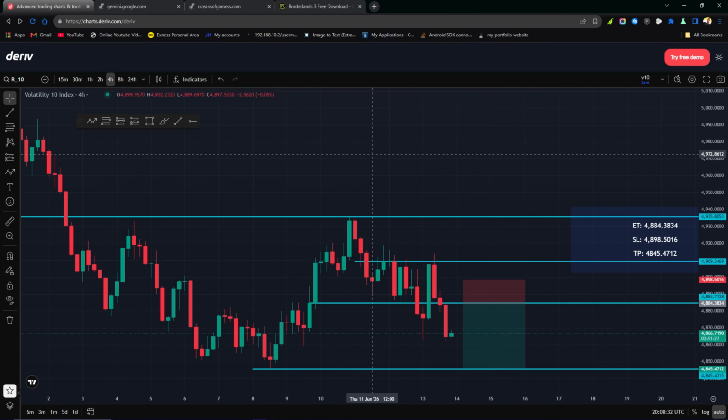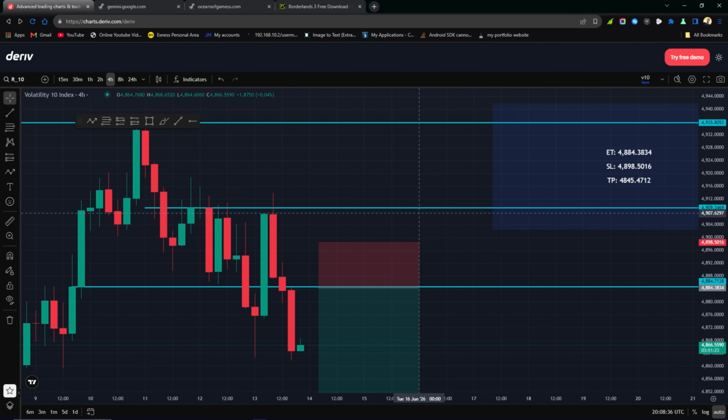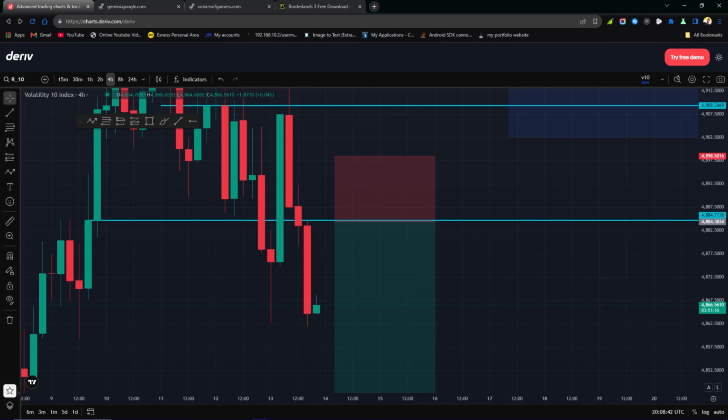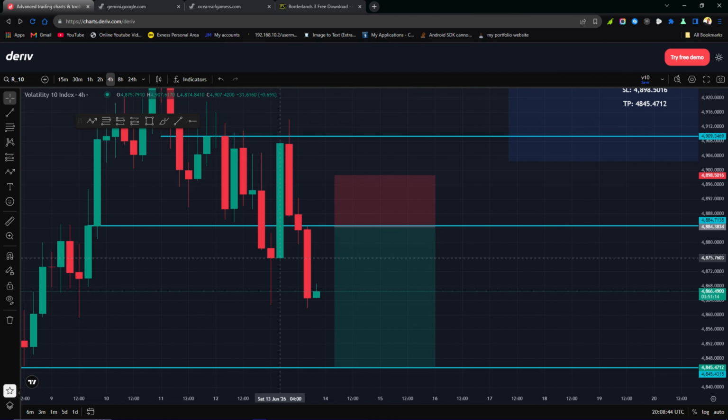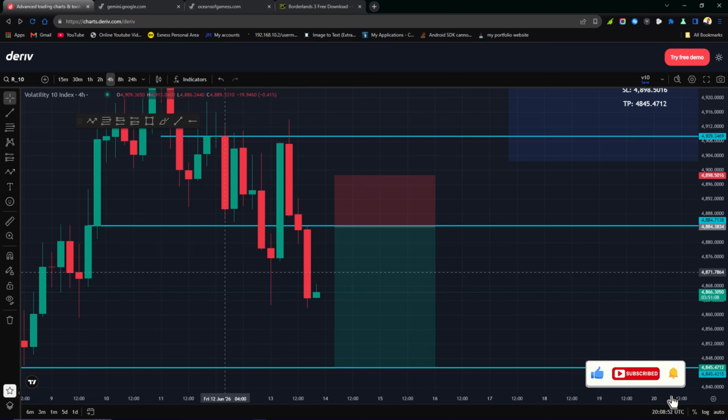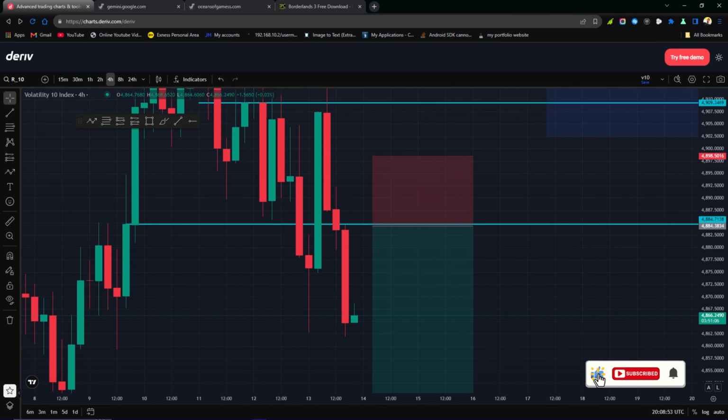All our time frames must be in alignment before we make our trading decision. Now on the 4 hours, look at where price is coming from. This is the key level on the daily, and then what the price did, price broke out. Remember, a rejection on the daily, right? A breakout on the 4 hours, and then in my entry models, what I like to see before I take